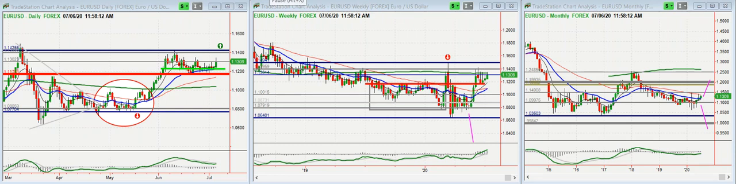Hello everybody, this is the top-down analysis for the month of July. I'm focusing here on the Forex market, on the higher time frames, so monthly, weekly and daily. And starting with the euro dollar, you might remember that there's an